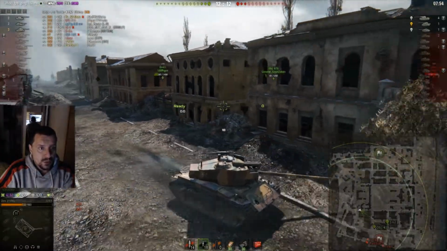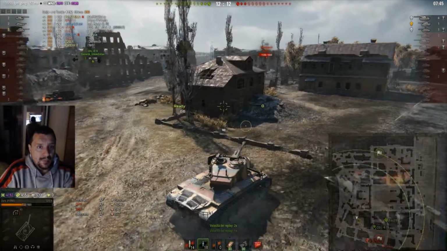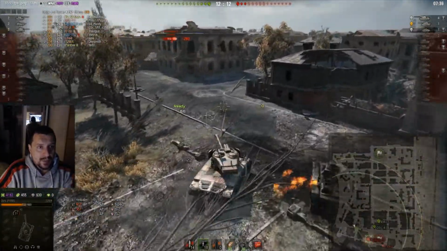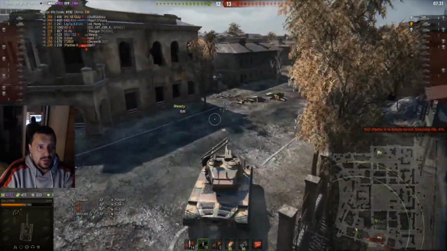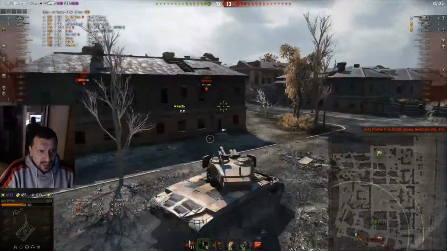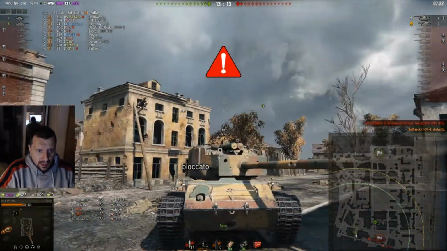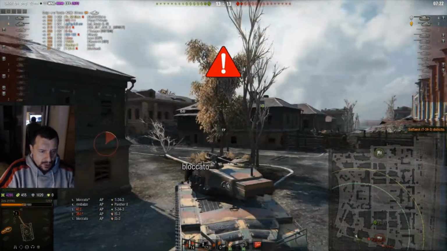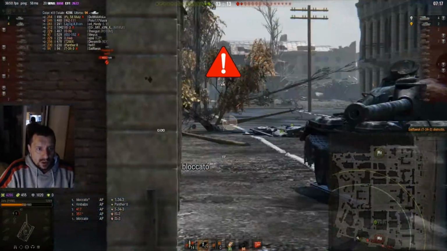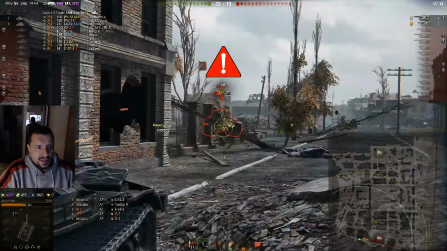So I decided to make the entire tour of this area, and I want to attack the Chinese one and the Panther at the back, just because I know that the Chinese is practically one shot, and I can take him away. Yes, it's one shot. He shot at my gun. I've got my gun damaged, but I can repair and go on the Panther, and now it's an easy task